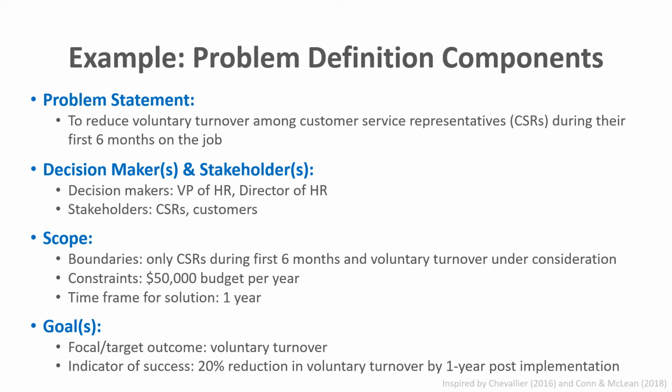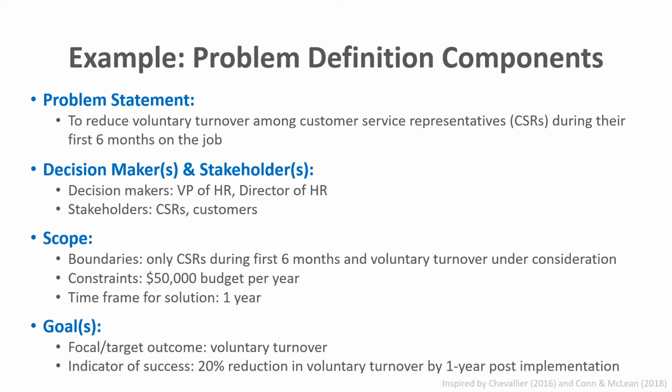We're not considering involuntary turnover, an example of which would be the organization fires someone or lays someone off from the organization, meaning from the perspective of the employee, it was involuntary that they left the organization. What are some other constraints that we need to consider too? Well, let's say that for this hypothetical situation, we have, I wouldn't say only because this will be relative to the size of the company, but let's say we have a $50,000 budget per year